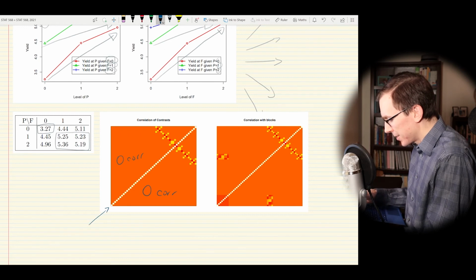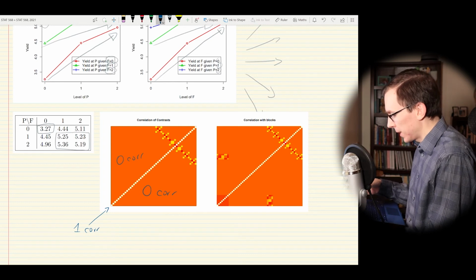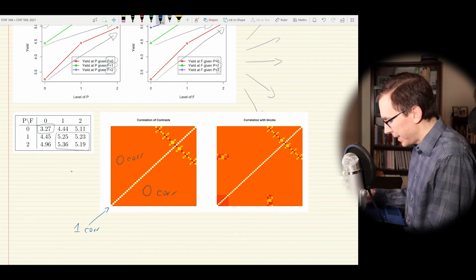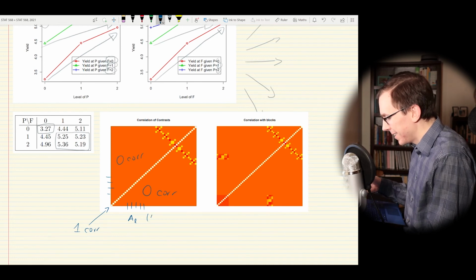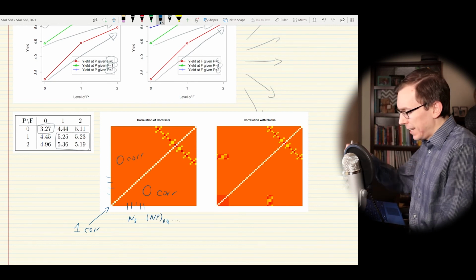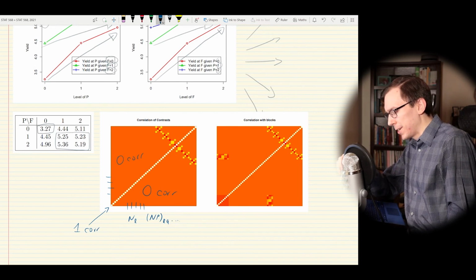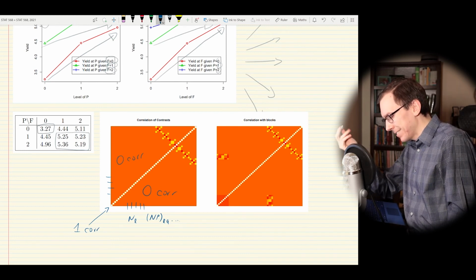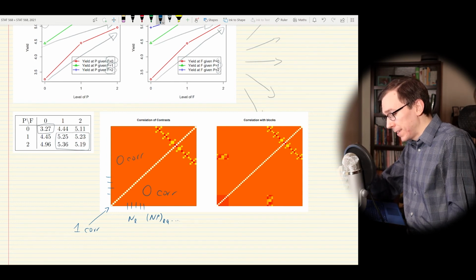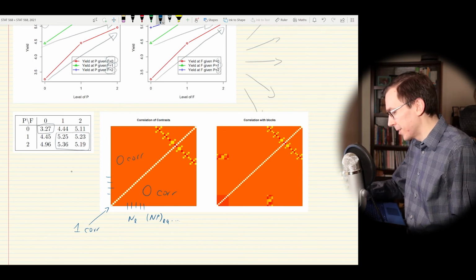This on the main diagonal is 1, a correlation of 1 because every factor is correlated with itself perfectly, and every row and column of this matrix is going to be some polynomial contrast, like N linear, maybe NP linear quadratic, etc. And every pixel is going to correspond to a correlation. So most of the factors here are uncorrelated